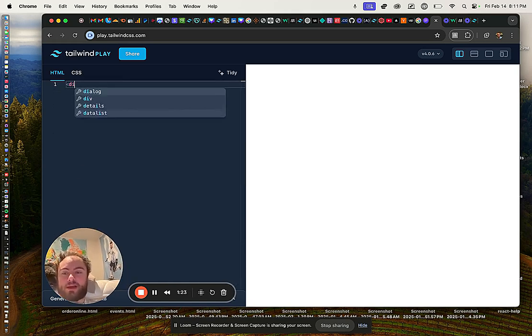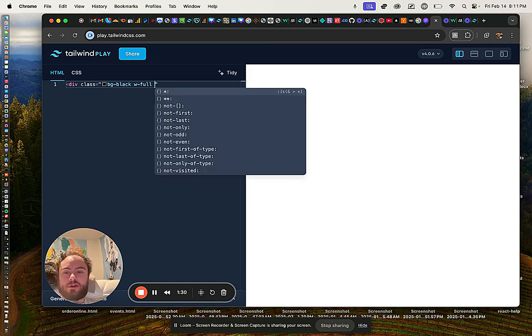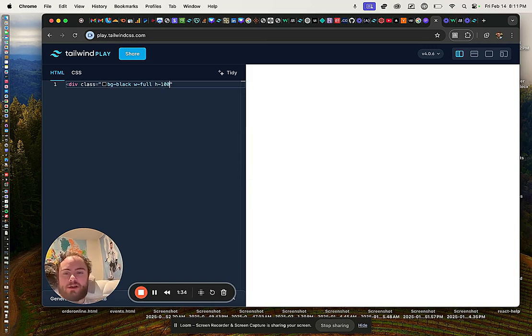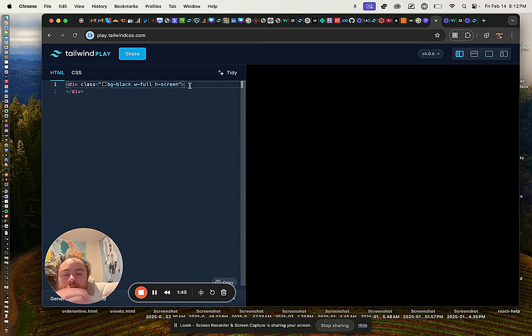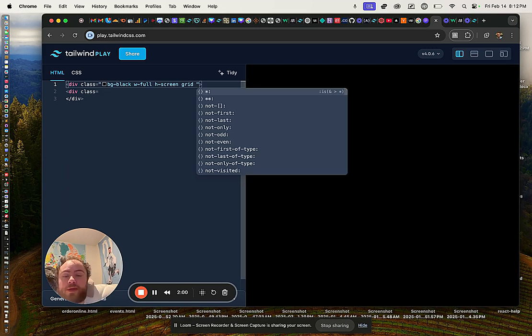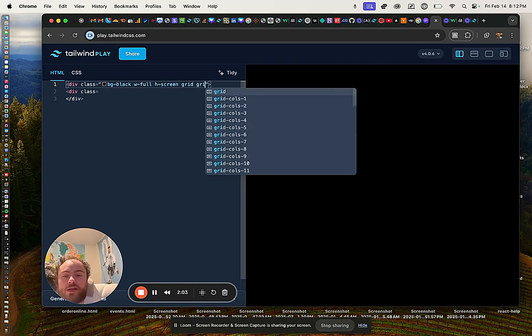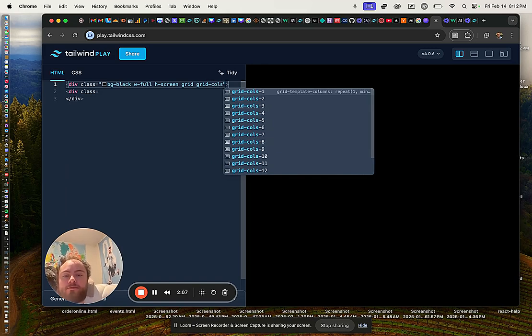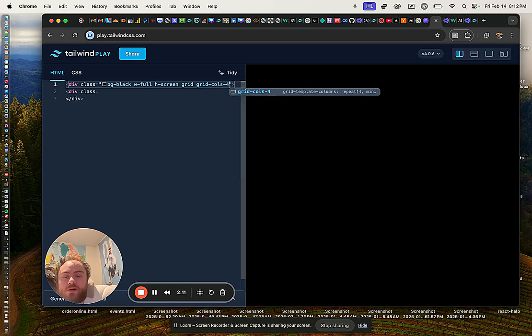Okay, so how you do this is you make your div class equals background black, width full, height screen. Now we're going to add some grids here. So div class, and the parent is going to be a grid. We're not going to make it mobile responsive yet. We're just going to make it grid cols 4 or 2, and then we're going to make a div class